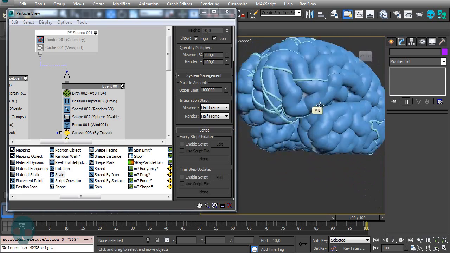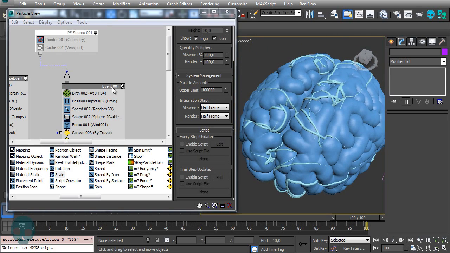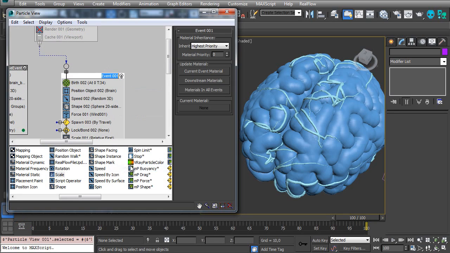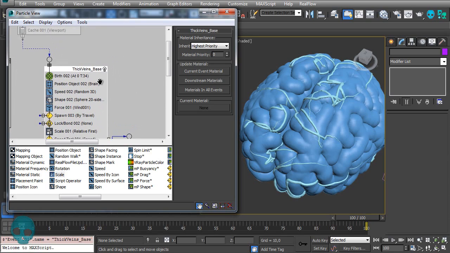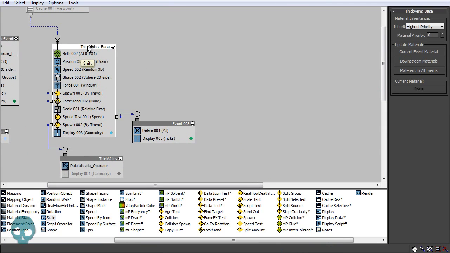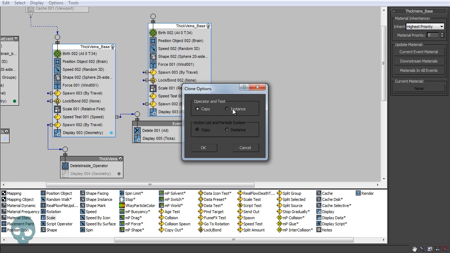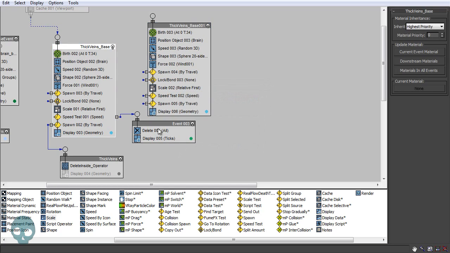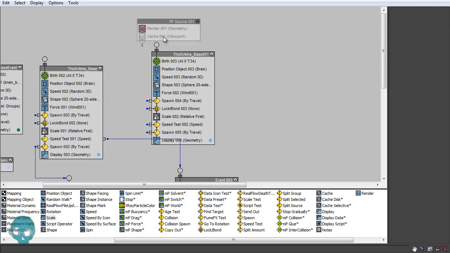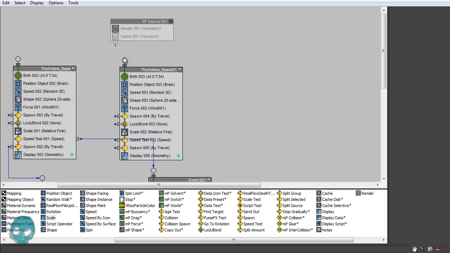Great. Now let's create some thin veins. So let's call this one thick veins base. And let's hold shift and copy this event here. Yeah, it can be a copy, not an instance. Let's do just like the same one. So let's use the same particle flow source, connect it here,